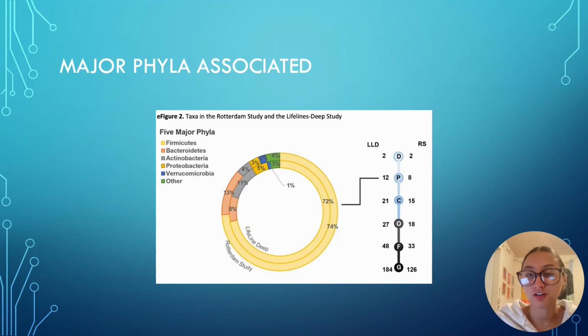This next figure shows the major taxa found in the sample before researchers started analyzing alpha diversity and correlations. So, as we can see, Firmicutes and Bacteroidetes were far more abundant than the other phyla found within the gut microbiome. The ratio between Firmicutes and Bacteroidetes is actually a very widely studied concept, and it has been linked to